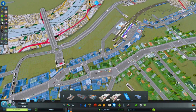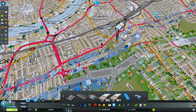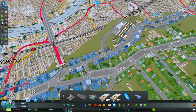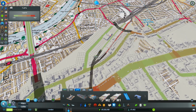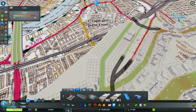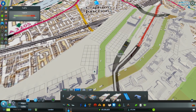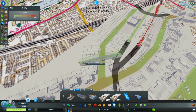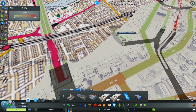So we're going to be taking a line off from Clapham Junction. You can see how huge Clapham Junction is, and all of these lines. So I guess let's do a page down so we can see how this is. Right. So I think we're going to be coming off this station over here, and we may even need to extend Clapham Junction and make it even bigger. I can see that happening, guys. I really can. Right. I'm going to take a train off over here, and